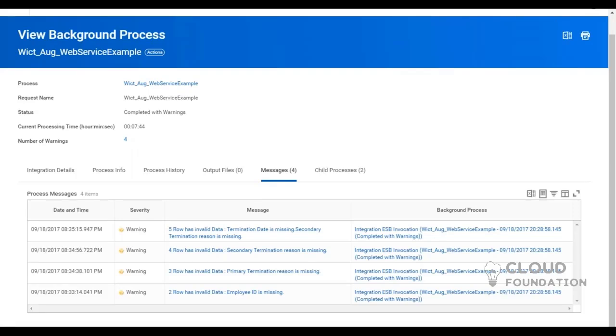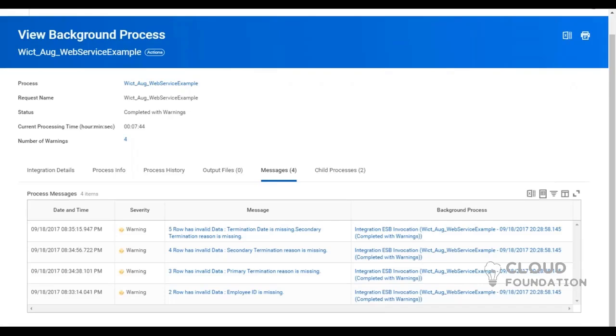So just as we have the individual messages here, they may want to create a file with all these details, so that if the file is coming from the vendor, we can send that file to the vendor along with the input file, saying that hey, this is the input file we have received and these are the errors or warnings generated by our integration, so could you please validate the input data. If they want to do that,